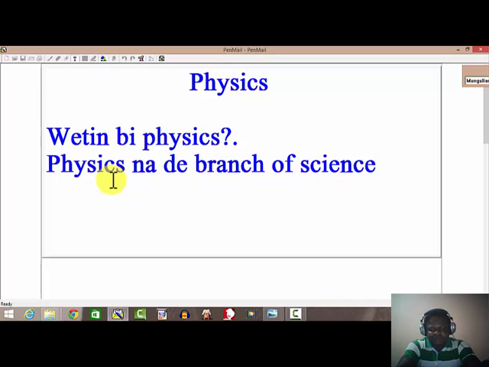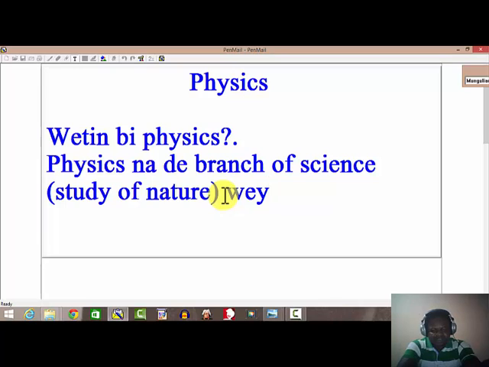Now you already know what science be. Now the branch of science, you can put study of nature here, but I don't want to be putting it because by now, if you follow this lesson, you should be able to know that when I say science, it means study of nature, or when I say study of nature, it means science. But for the sake of some of us that are not so fast, let me put it again. Physics is the branch of science, a study of nature,